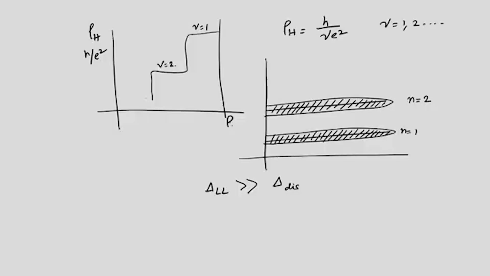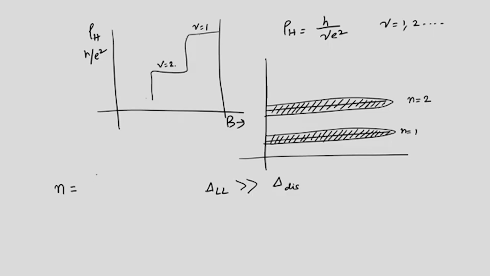So what happens when you sweep the magnetic field? This is plotted as a function of the magnetic field, so you are increasing the magnetic field. When you increase the magnetic field, the density of the charge carriers, or the density of the electrons, increases. How does it happen? Suppose I want to understand how, in a non-interacting system, we talk about the